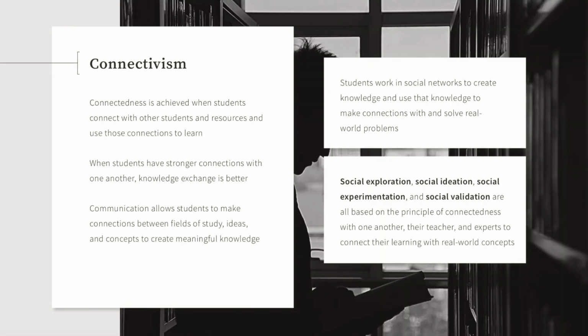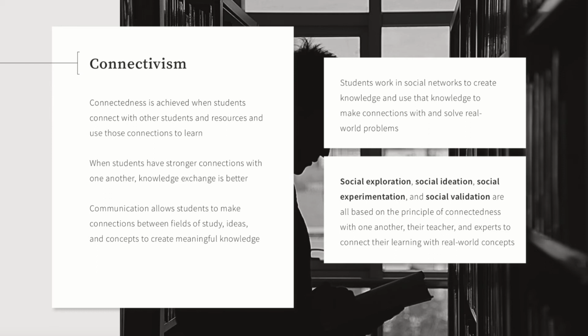Connectedness is achieved when students connect with other students and resources and use those connections to learn. According to Chung and Paredes, when students have stronger connections with one another, knowledge exchange is better. Students in collaborative groups are connected and interact with one another, but networks are different in that the interaction between members does not just send information from one person to another, but it creates new knowledge that did not exist